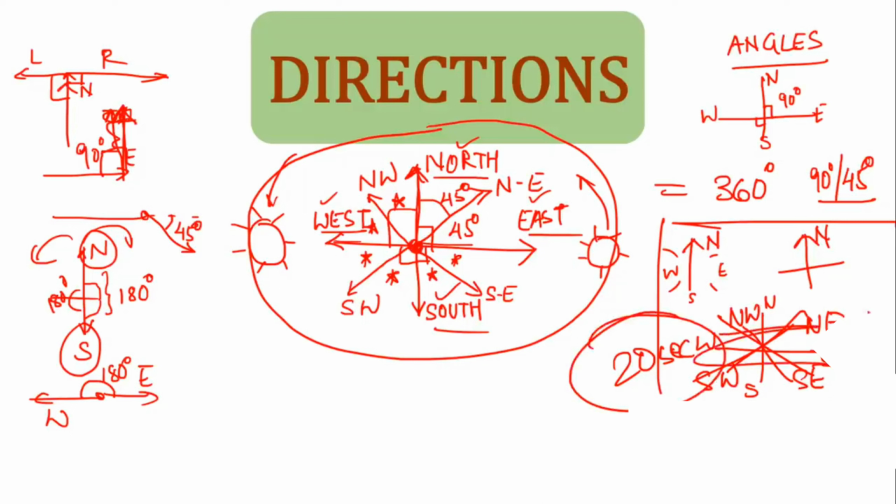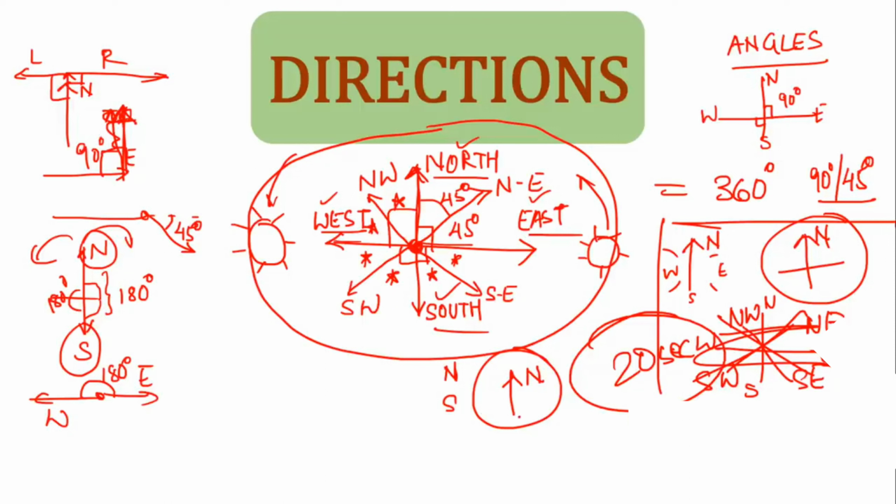In the exam, just draw what? This. Just draw this. Once you practice more, you won't even need to draw this. You will just remember that north is on the top and south is at the bottom. Finish. And you will be able to solve sums directly with this. But right now, while practicing, we will be seeing this diagram, and in the exam, please draw just one arrow and north, and that way you can solve all the sums.